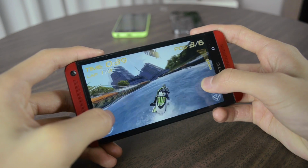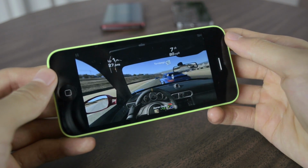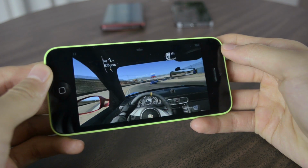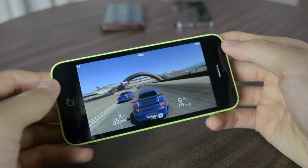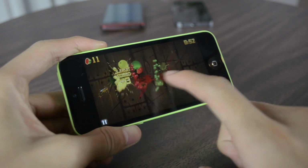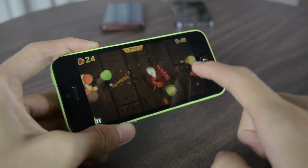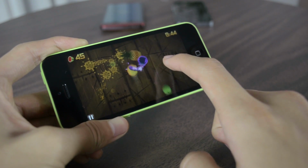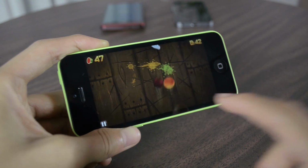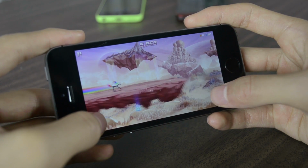So I'm playing Rio Racing 3 on my iPhone 5C. As you guys saw previously in this video, the iPhone 5C scored a pretty low FPS in the GFX benchmark. But as you can see, this runs Rio Racing very smoothly. You can also of course play some simple games such as Fruit Ninja or other games that don't require a lot of graphics. So overall, all three of these devices perform really fast because they are all considered high-end smartphones